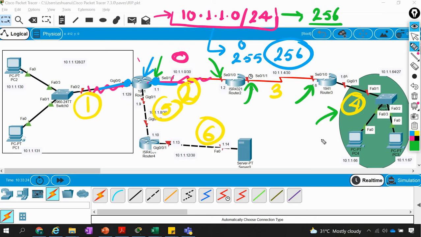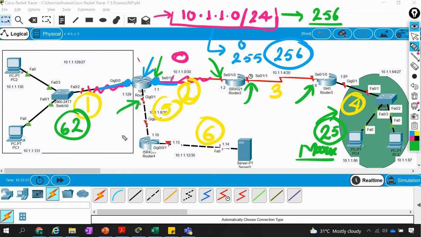So you need, let's say, 25 IP addresses here, and you have one more department. Suppose this is a marketing department and you have only 25 marketing guys, but the sales guys might be more in the company, or it depends on requirements. So for example, here let's say you have 62 employees and there are 62 PCs on network 1. And if you observe our network 5, here also you need only 2 IP addresses, one on this interface, another one on this interface. The same thing is going to happen on this network 6 and here as well.